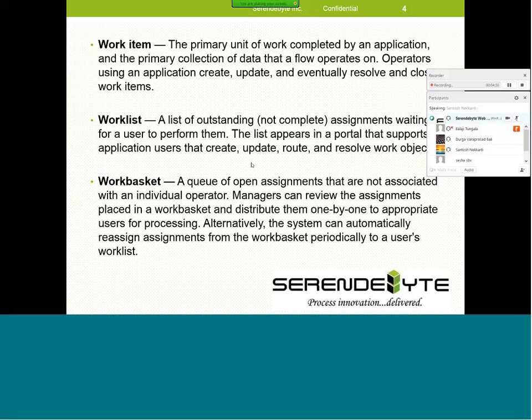So what is a work list? A list of work objects assigned to an operator. In the same way, if some case is assigned to you, it will be listed on your work list.